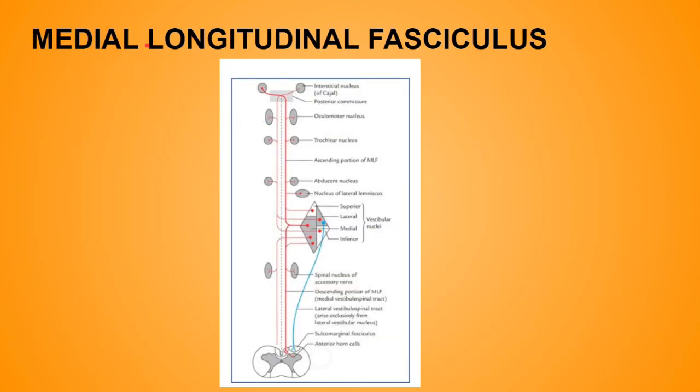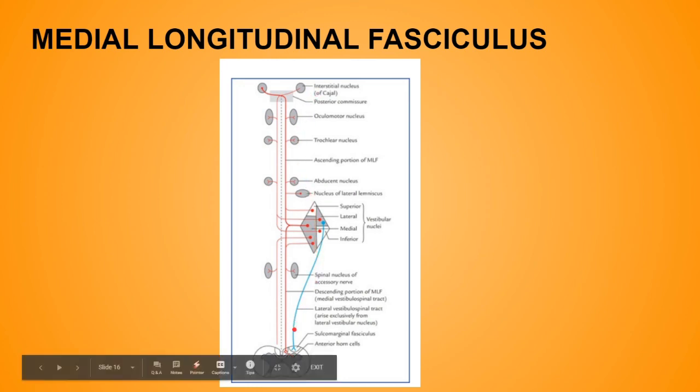Now, next is the medial longitudinal fasciculus or the MLF. This MLF is a heavily myelinated composite tract found in the paramedian plane of the brainstem. It retains its position relative to the central grey matter throughout the midbrain, pons and cranial part of the medulla oblongata. It extends cranially to the interstitial nucleus of Cajal, also known as the accessory oculomotor nucleus. This is located at the junction of the midbrain and the diencephalon near the rostral end of the cerebral aqueduct. Caudally, it becomes continuous with the anterior intersegmental fasciculus of the spinal cord.